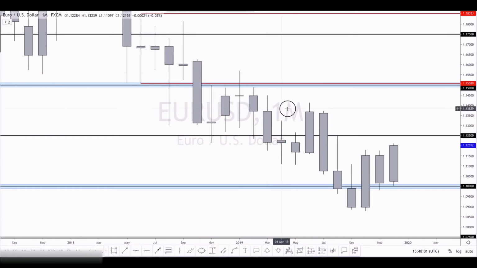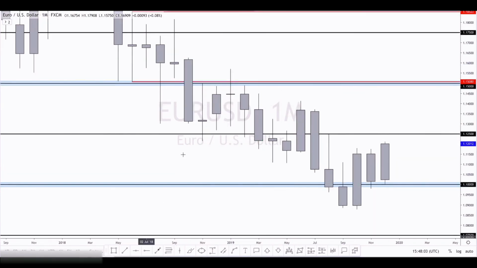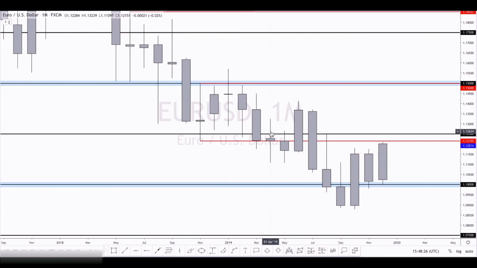So we look at euro again in terms of the structure. This occasion here, what do we have? We've got practically the same candle. So that candle rejected directly off 1.15. We had 1, 2, 3, 4, 5, 6, nearly 6 months of prices being in that monthly range between 1.15 and 1.125. When we had that candle close below, you can see we had that nice candle close below, price